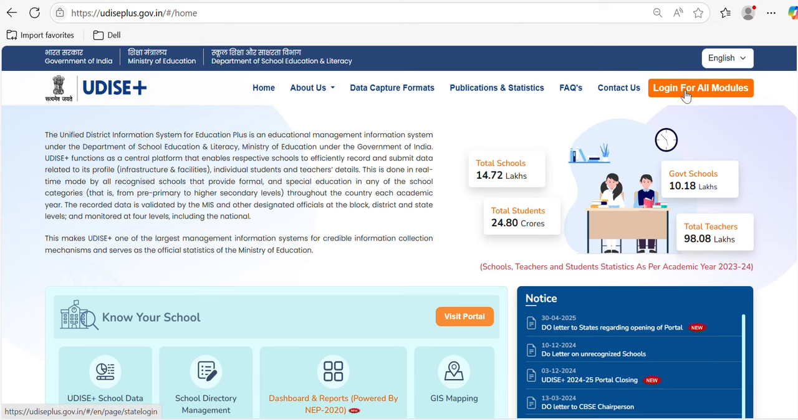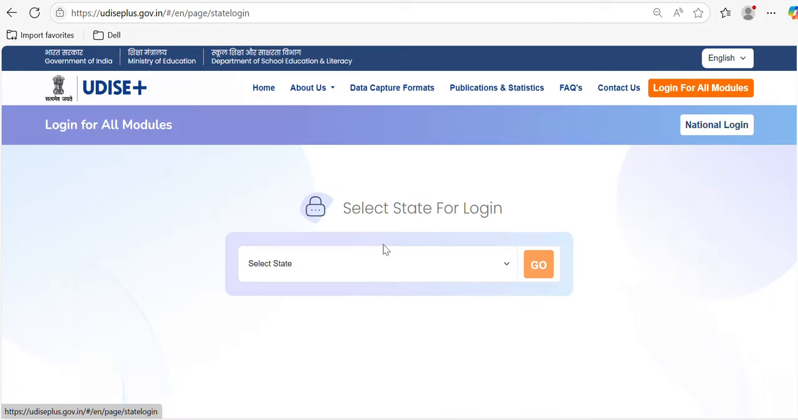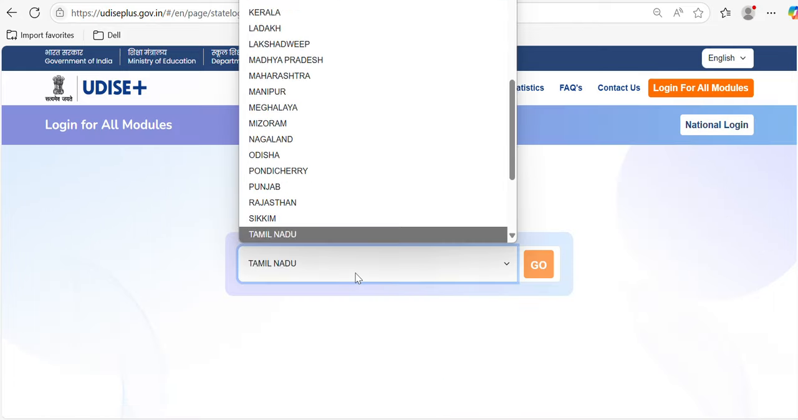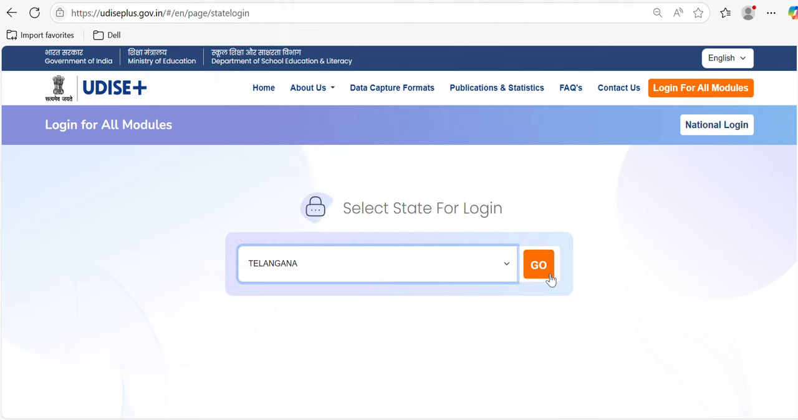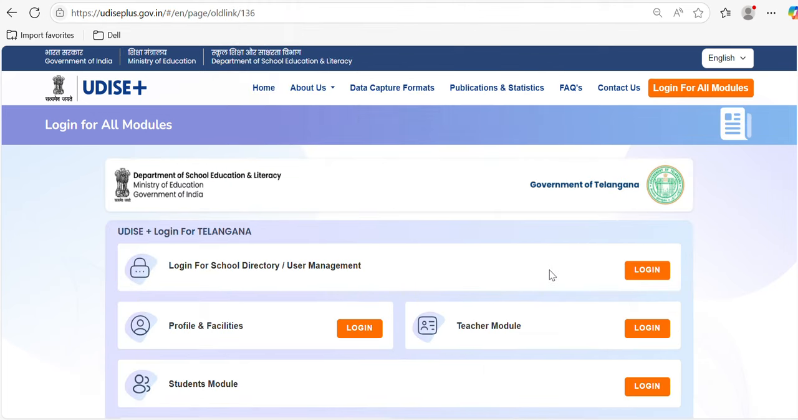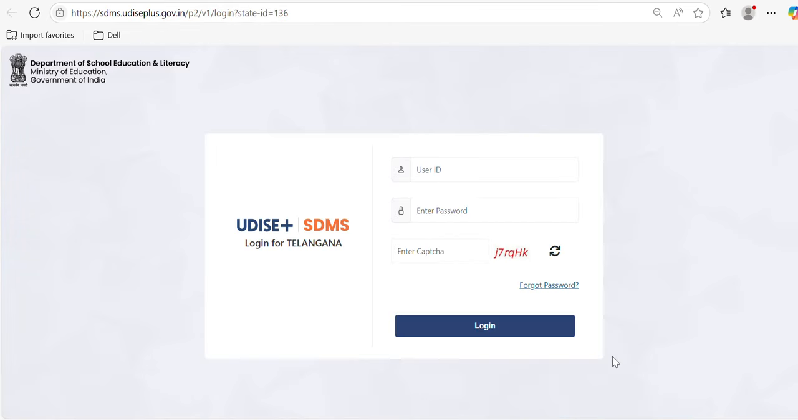Here you can see an option called login for all modules. Select that, then select your state. For example, I'm selecting Telangana, which is the state I'm working in. Then select the login related to the students module. Progression activity is done in the student module itself. So we need to enter the UDISE code of the school, 36207,